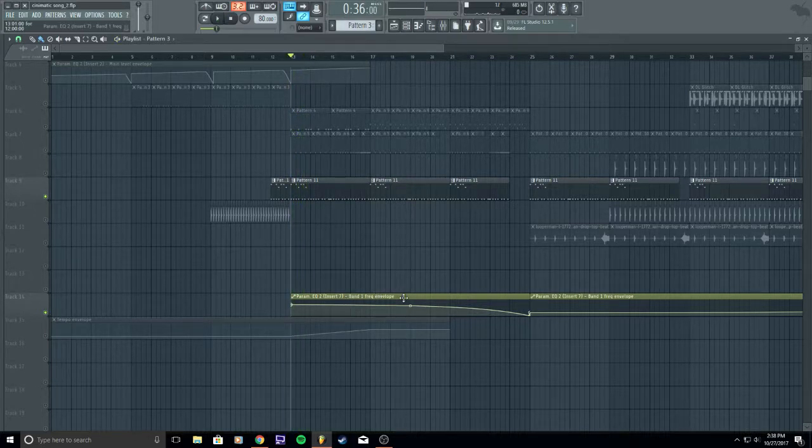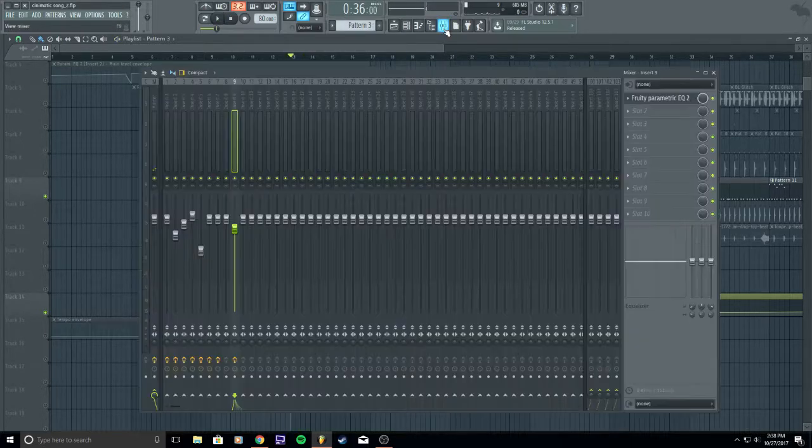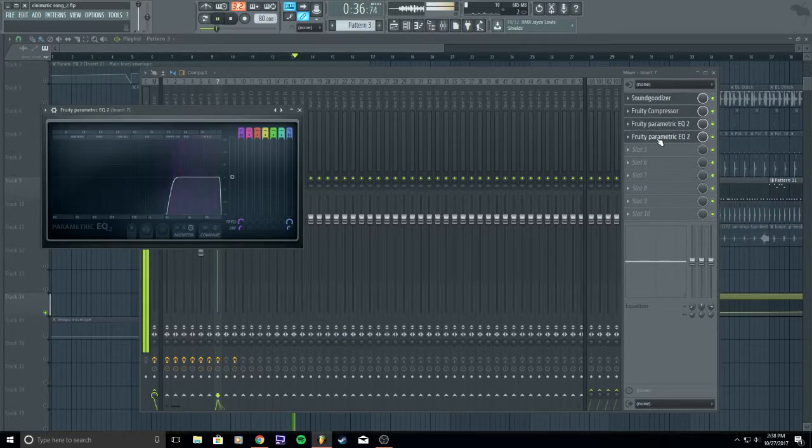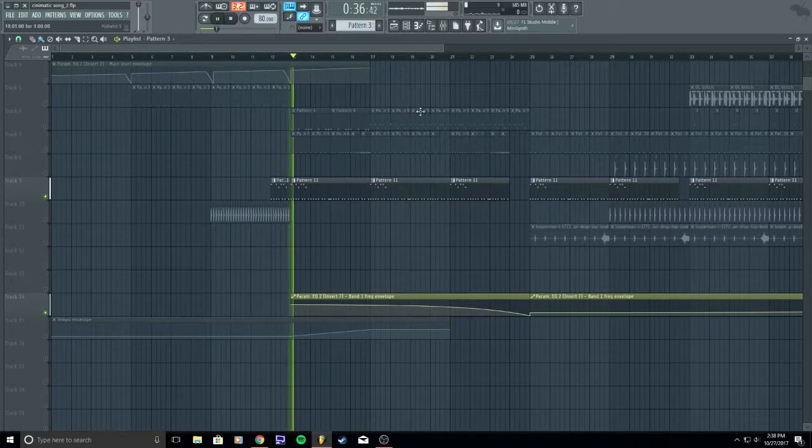We add a frequency envelope, which I have a compressor, Soundgoodizer, and 2 EQs. One to slowly bring the low end back, so it'll